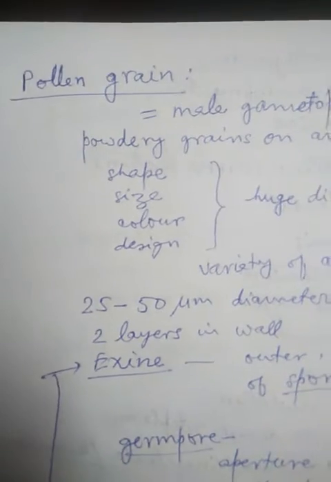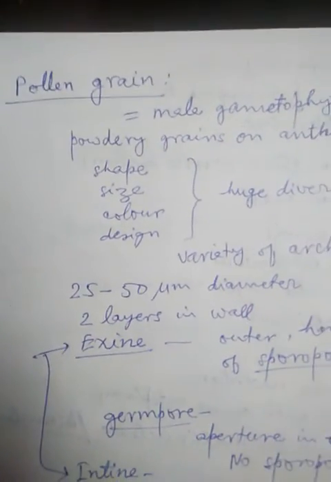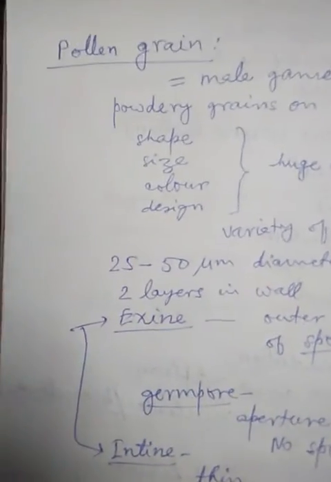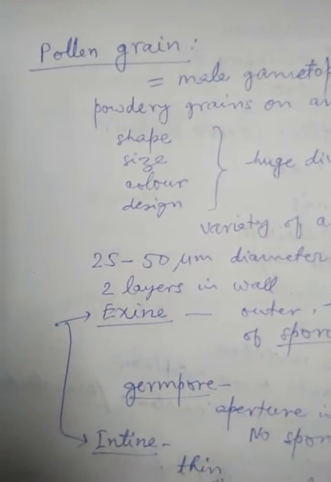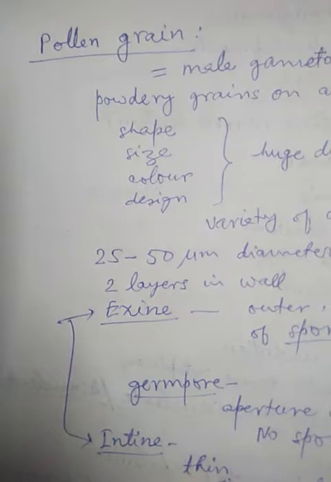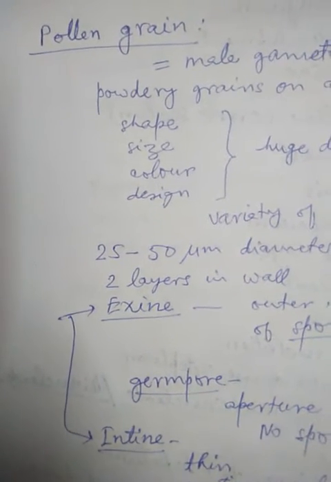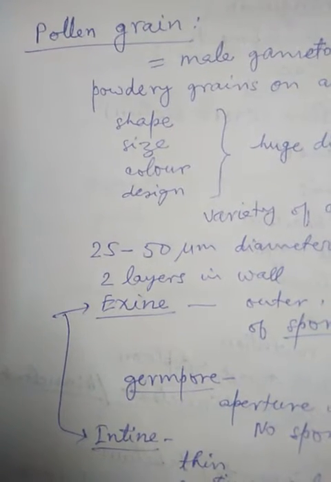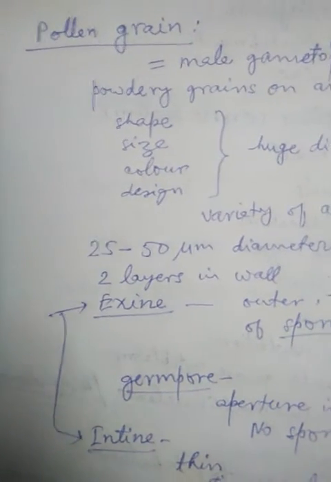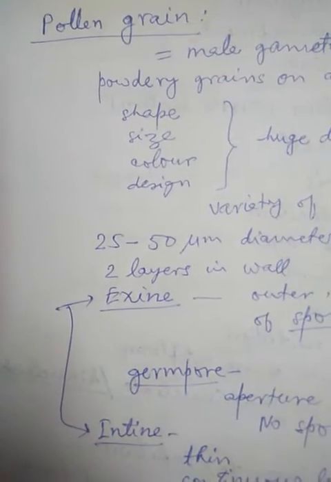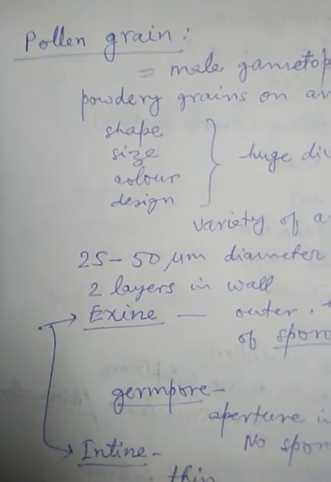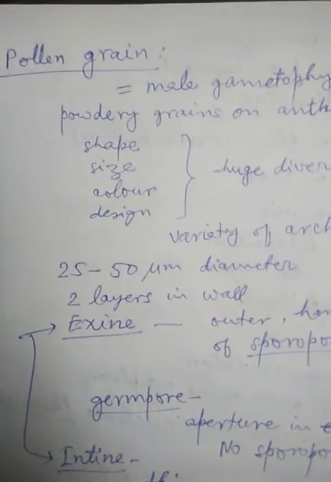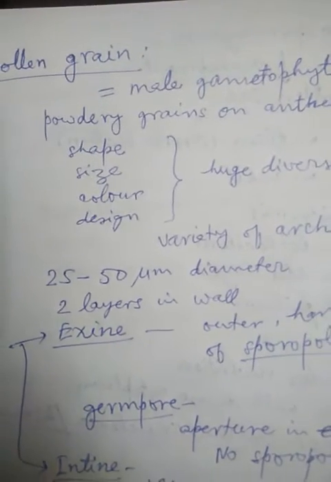So now let us discuss the next topic, which is pollen grain. So actually pollen grain is nothing but a male gametophyte. Okay. So when the tetrad is formed, the pollen grain starts maturing, and after the maturation, the tetrad separates and each pollen grain becomes independent. So what is the structure of the pollen grain? That is also we will